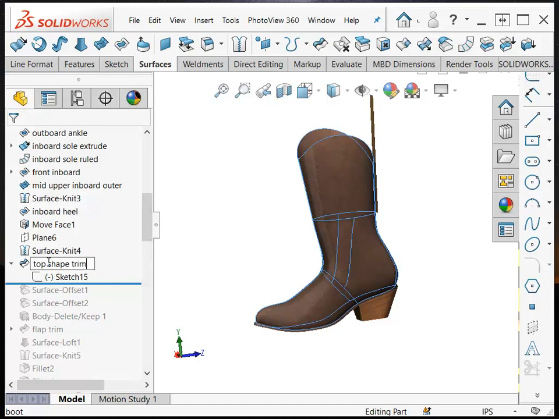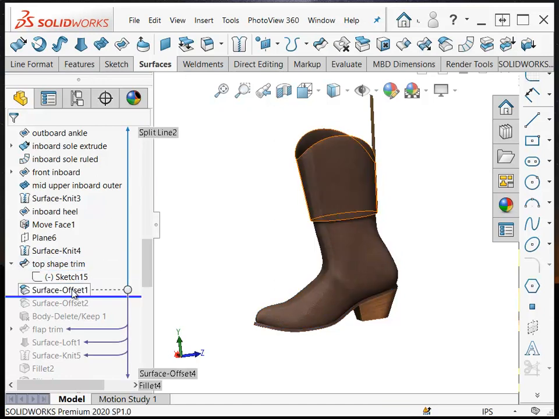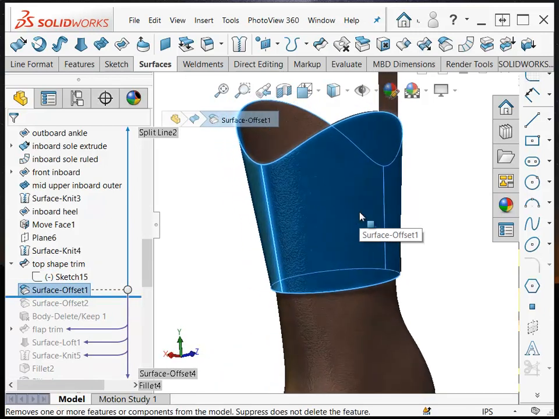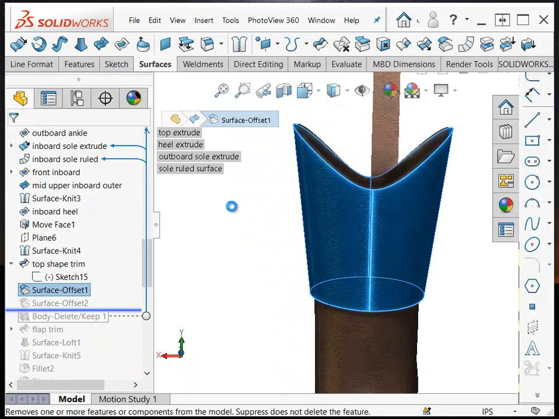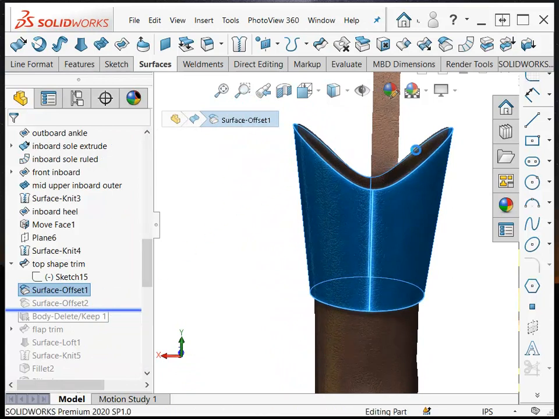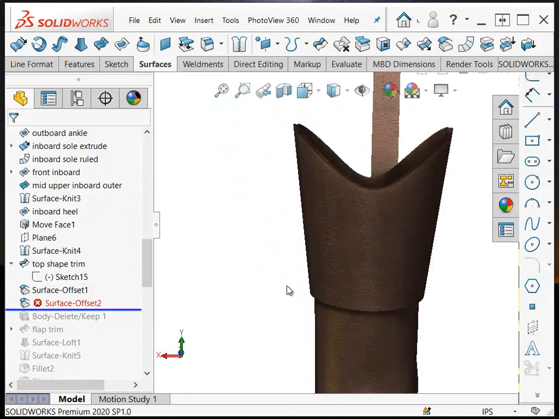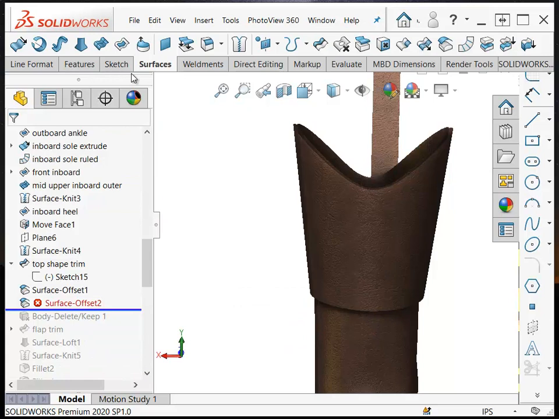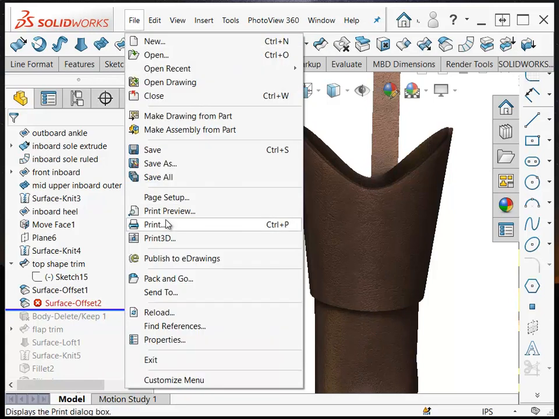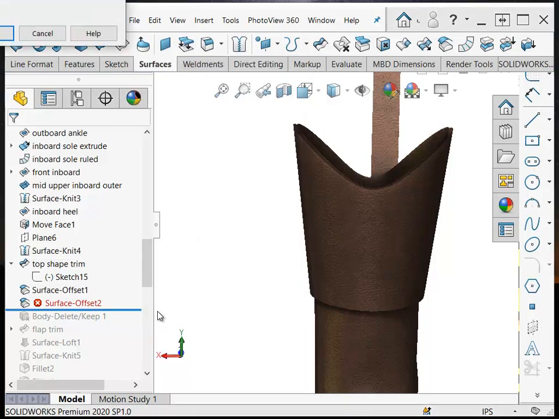top shape trim. And then I created an offset of those top faces, and then another offset. At this point, what I'm starting to do is create some of the interior and exterior features of the boot. In the course of rolling this back and making changes, I've done something that upset the balance of this offset surface. So what I'm going to do is go back to the original and go to File, Reload,